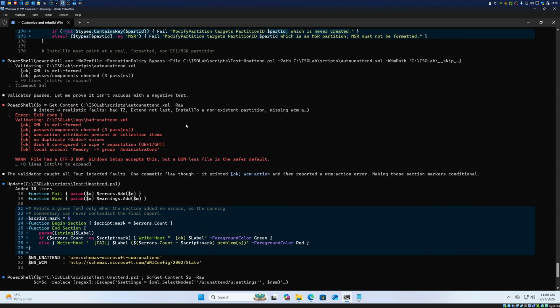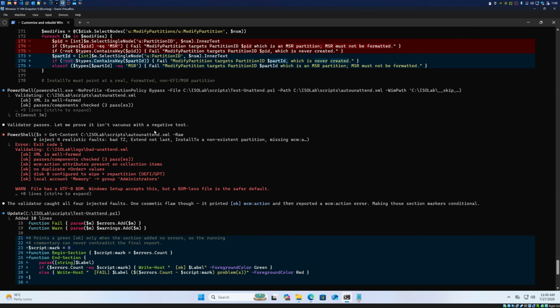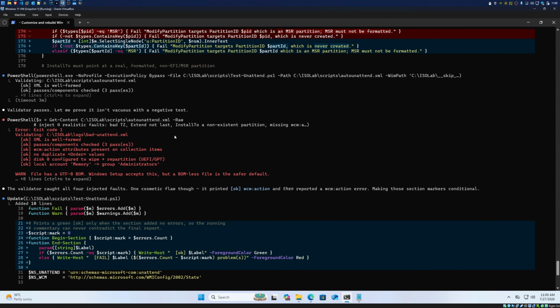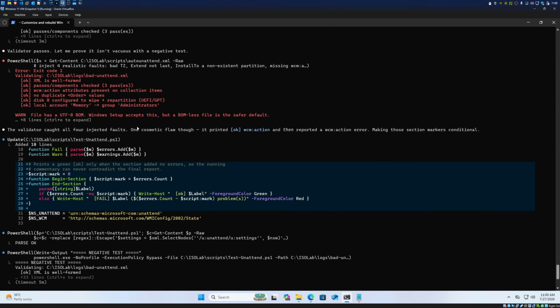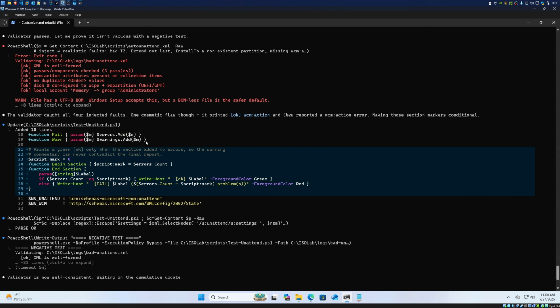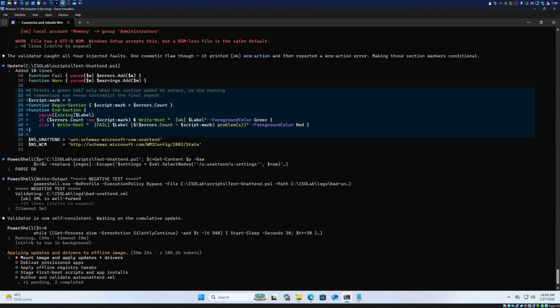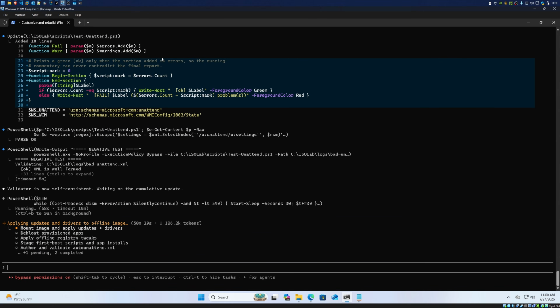So for those of you watching this, wanting to do the same thing, or just working with auto unattend files in general, let a model like this test whether the auto unattend file is actually valid and that it will work when you add it to an ISO file, because it will really save you a lot of time up front if you know that the auto unattend file is fine and that it validates and that it will run when you actually install Windows with it.